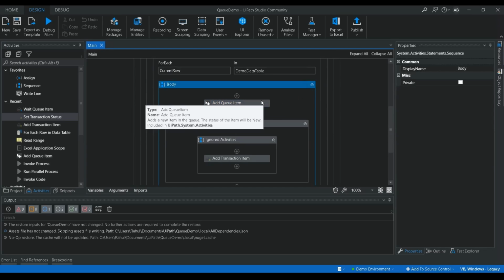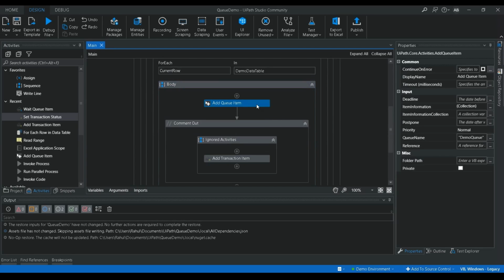I hope you are clear about how to create these queues and all. So once you create the queue in the Orchestrator, if you're going with add queue item,